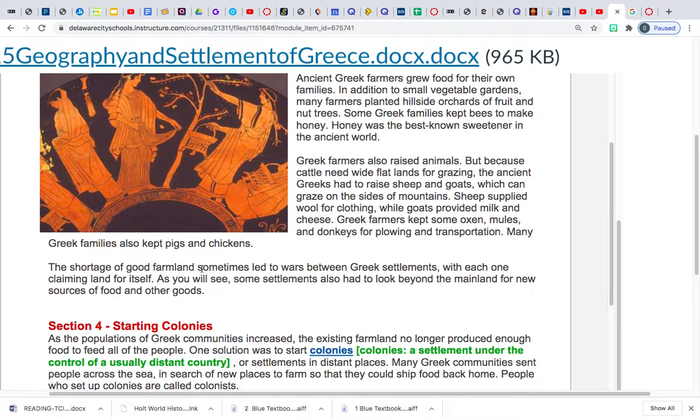Okay. Chickens. The shortage of good farmland sometimes led to wars between Greek settlements, with each one claiming land for itself. Okay, as you will see, some settlements also had to look beyond the mainland for new sources of food and other goods. I'm jumping ahead there.